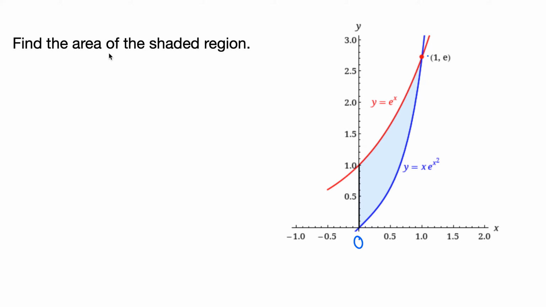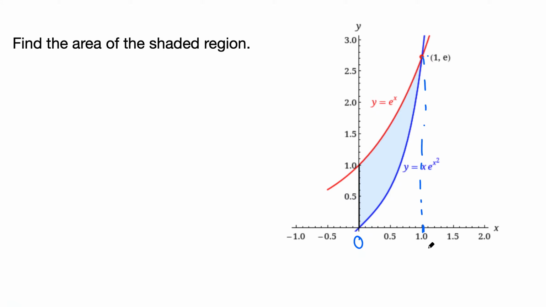Find the area of the shaded region. So here we got this region bounded by this curve, e to the x, the red curve, and below this we got this blue curve, y equals x times e raised to x squared. So we need to find this area, and this area is bounded here at x equals 0, and here